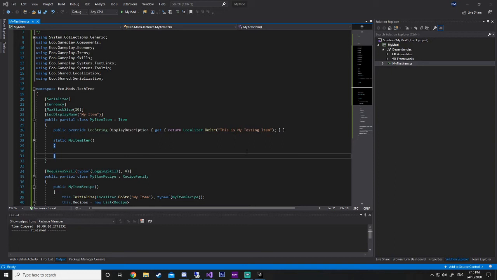We're just going to be using a default model that I whipped up today. It's just a 2x1 table. It's just a basic model. Feel free to use it in any of your mods or just in testing. I would do whatever you want with it. I don't mind. I'm going to be providing a little bit of a texture with it as well, so we'll cover that later on in this video.